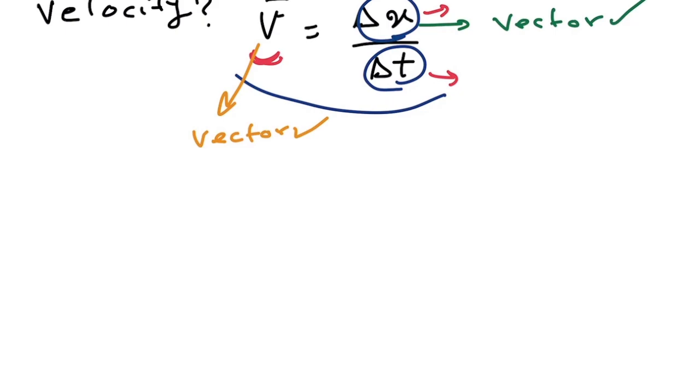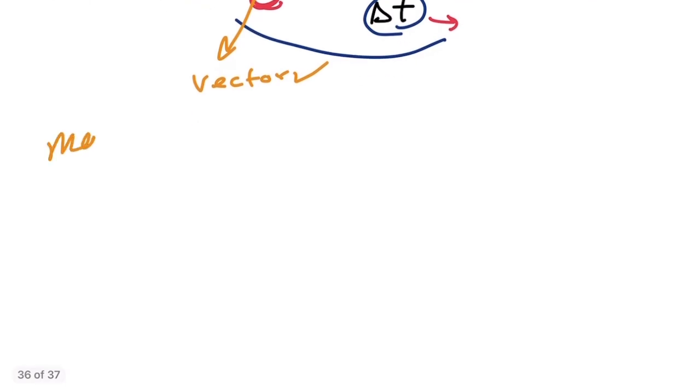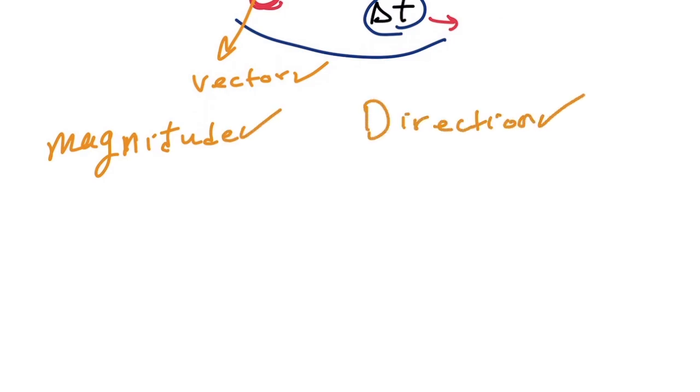If velocity is a vector, it must have both magnitude and direction. So when we are talking about an object's velocity, we must indicate both how fast it is moving and in